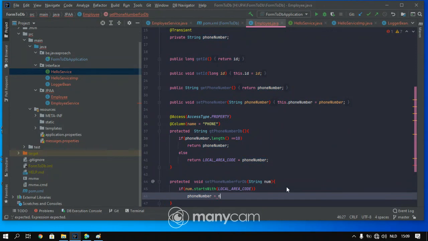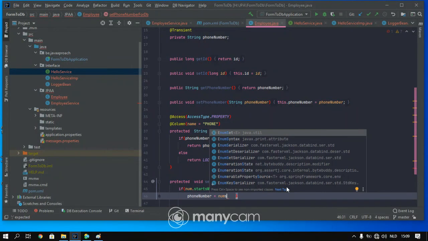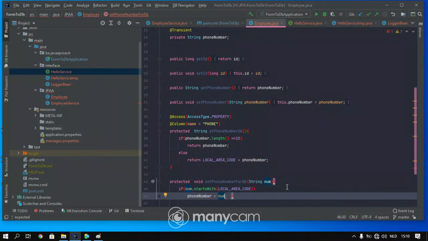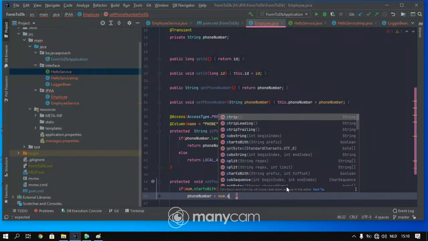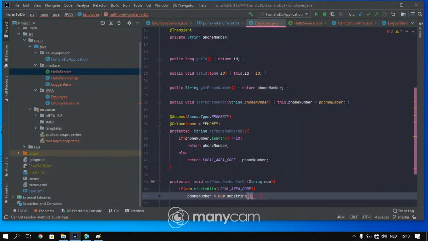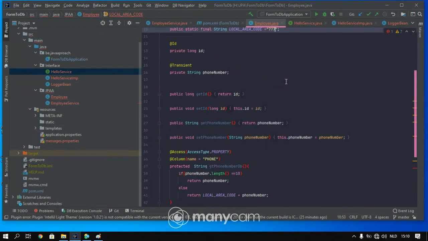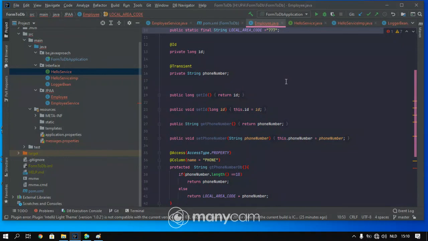You say num.substring(3). You say begin from the third one, because here the area code should be 3 digits or something like that, and you have to begin from the 4th digit to get the phone number, not the area code. Okay, and now this is purely field and property, and else here